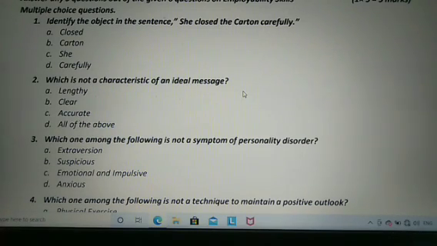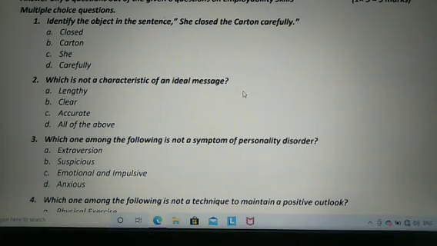Extraversion means interacting with more and more people, like talkative people. The rest of the 3 options, suspicious, emotional and impulsive, and anxious, are symptoms of personality disorder. So your right option is extraversion.